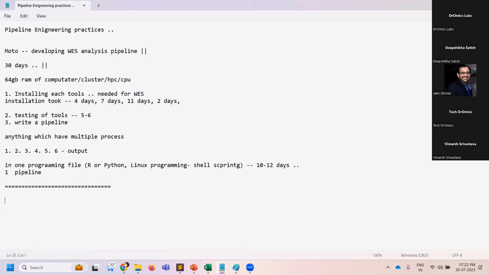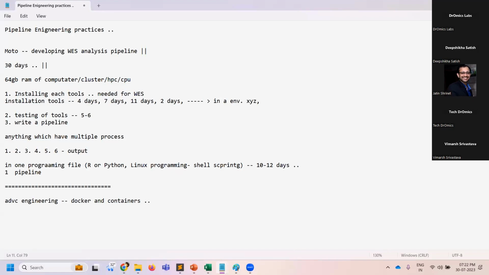Then the second, more advanced engineering work that came to market is using Docker and containers. What do you mean by Docker and container? You have installed all these tools, right? So what you can do is install all these tools in an environment. Assume that your name is XYZ.